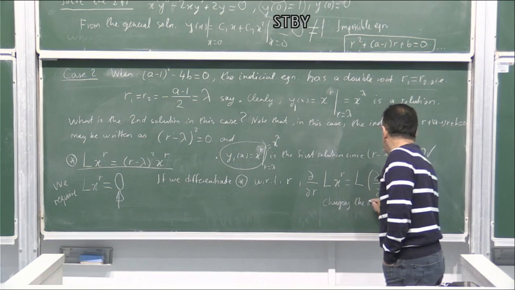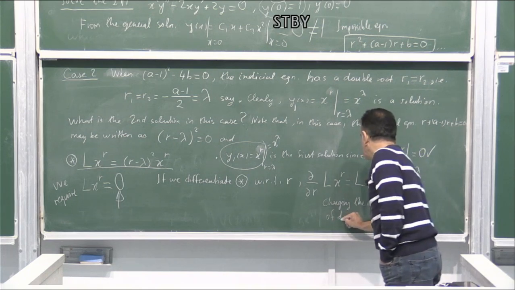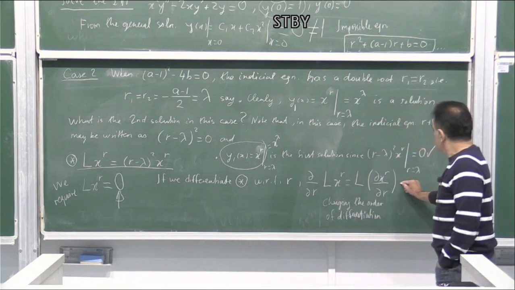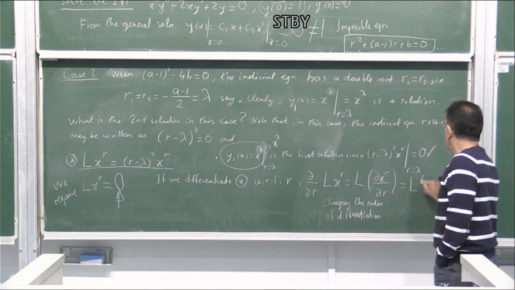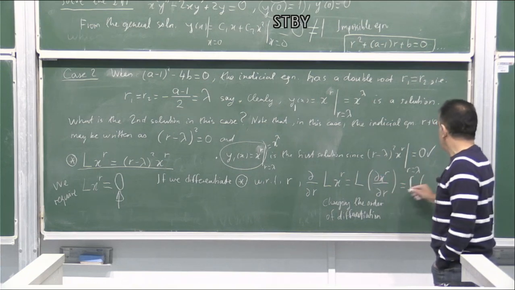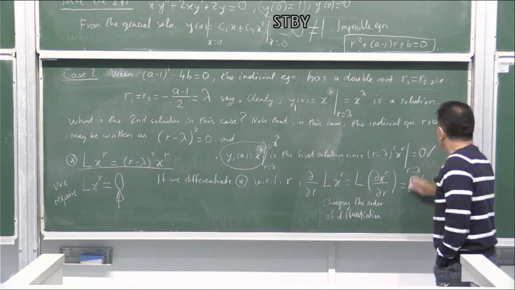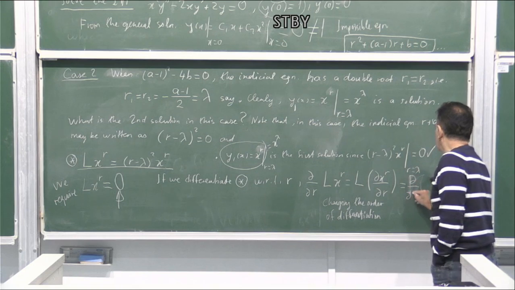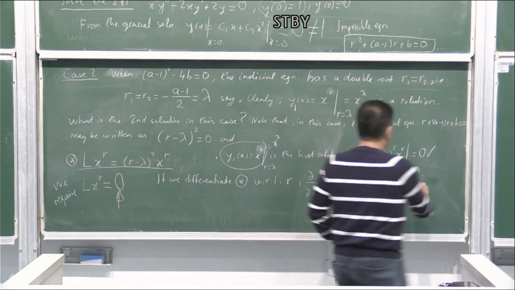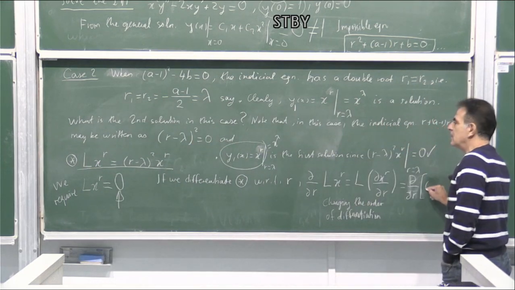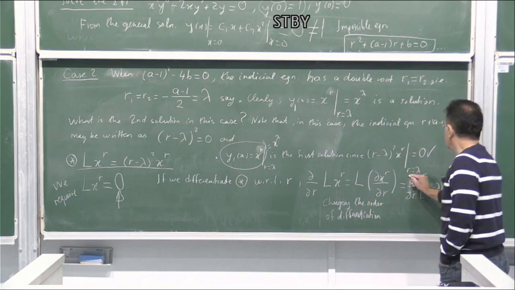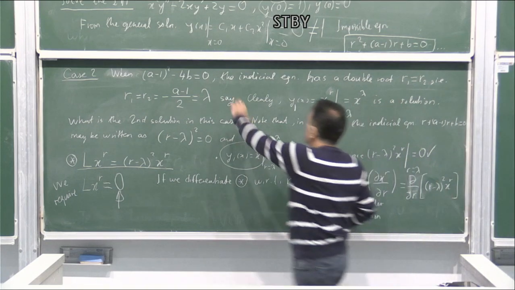Changing the order of differentiation. Good. So we have L. L is the derivative operator with respect to x, so the two operators may be interchanged. So what is the result? I take the derivative of Lx^r with respect to r. So I have to take the partial derivative of what? Of that, (r minus lambda) squared x^r, with respect to r. So the result is,